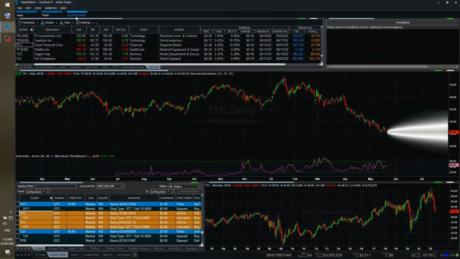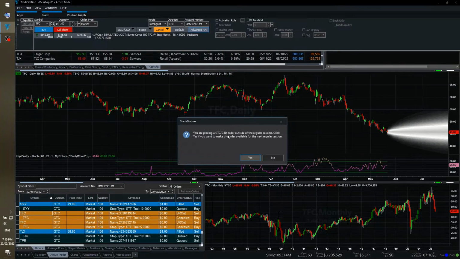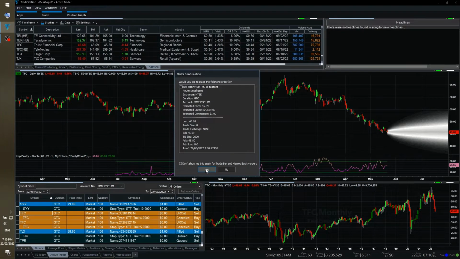The final step is just to click the sell short button. Click the sell short button. Click yes. Look at the confirmation. It shows the estimated credit at $45.69, which means